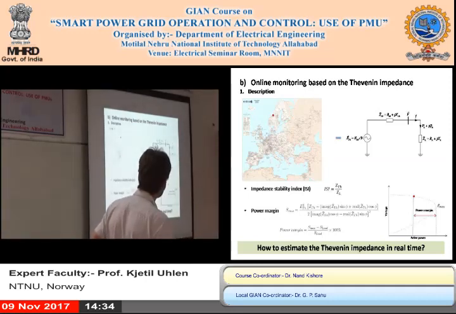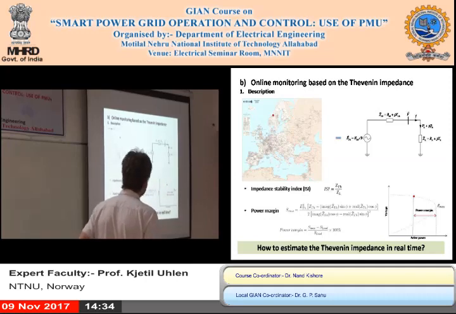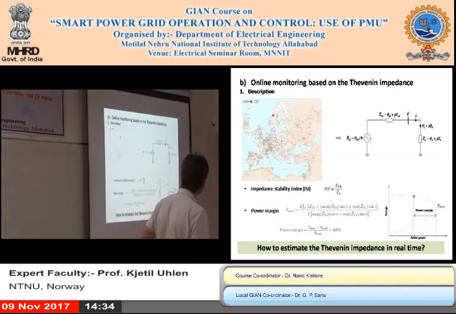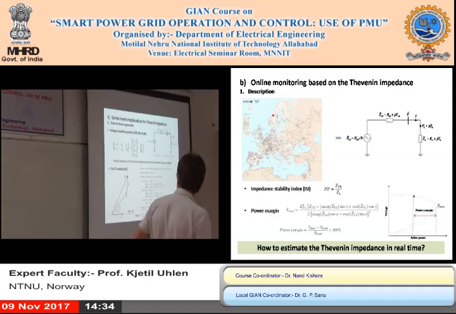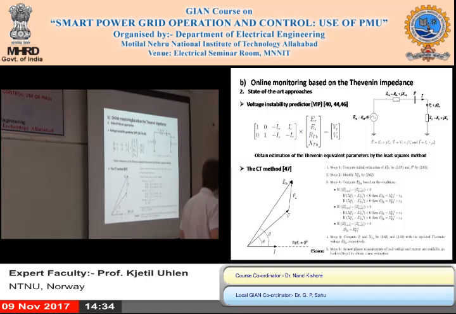Now, how do we estimate the Thevenin impedance then in real time? That's the main question. And that is not necessarily as simple as it sounds. The first approach was based on the idea that one thought it would be quite simple: by taking successive measurements of voltage and current,